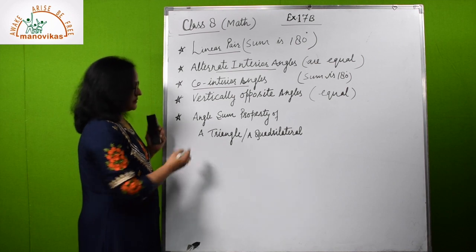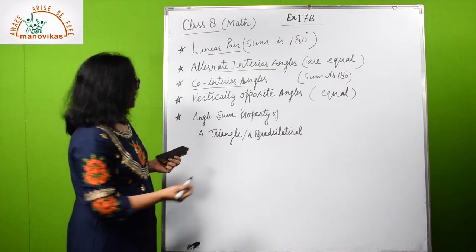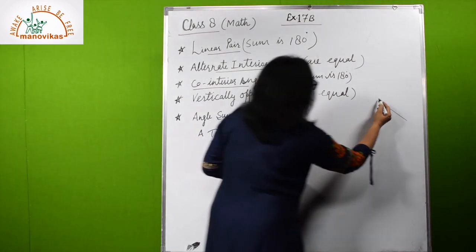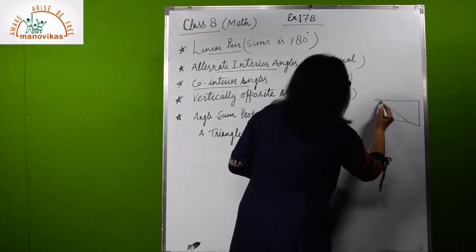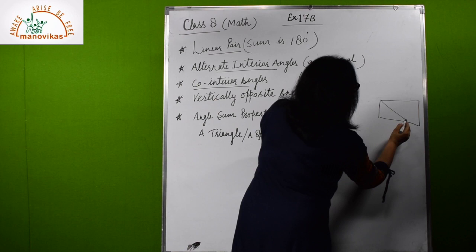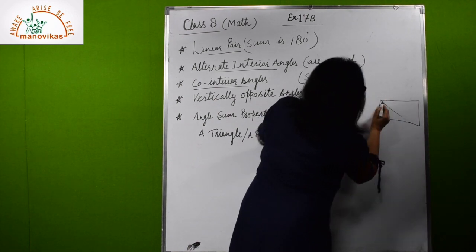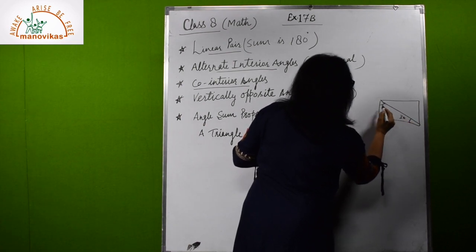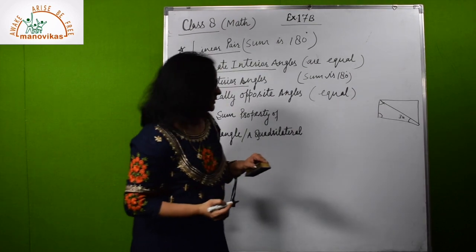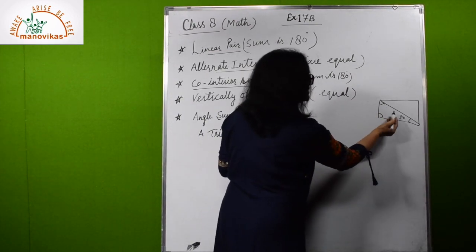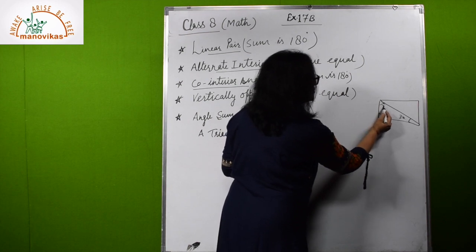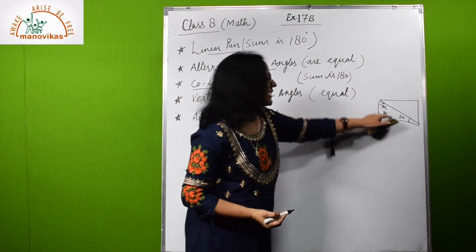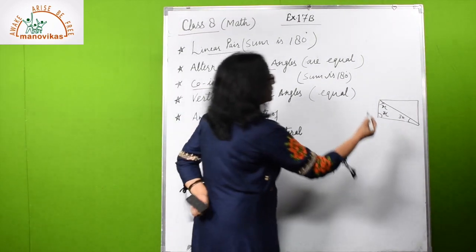Now the next type of angle that you will see is the angle sum property. So where will you use the angle sum property? Suppose this is a parallelogram given to you, and here this angle, you know, say 30 degrees, and these two angles are suppose equal, for example. Then here you can use the angle sum property because these angles are equal. Suppose both angles are x and x. So here you can use the angle sum property. Sum of all three angles in a triangle is 180 degrees. So how can you use it?